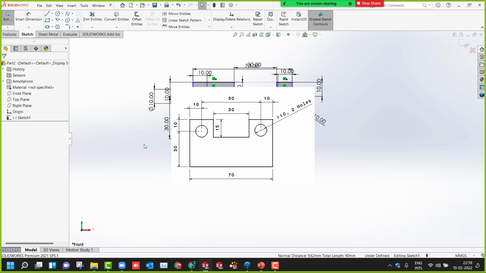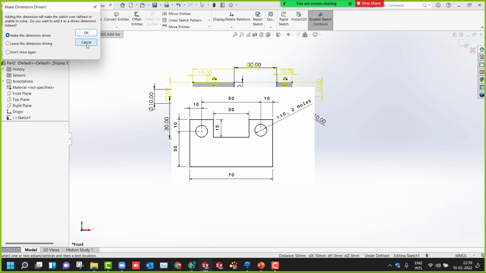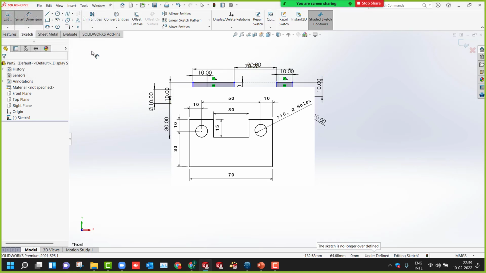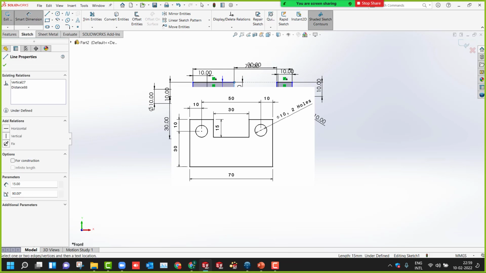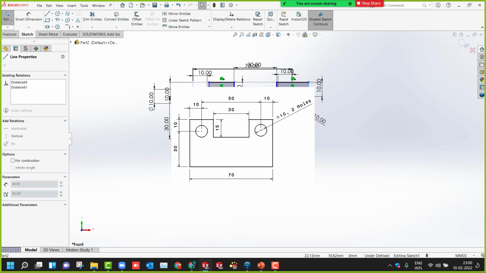Okay. Yes. And now what is missing is from this center to this center, how much is it? It's 50. From here to here, 50. It is already 50. It is over defined. You don't need to define it. Just click cancel. I think what I can do is, the mistake here is it's not my center. Origin should be middle, right? Yeah. So for that, what you can do is you just select the line, you drag it like this.